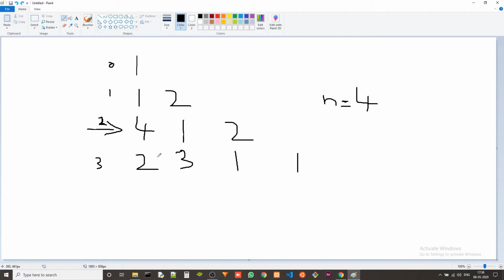Here we just simply find out what is the maximum. It is 3, right? So we add 3 to 4 and we make it 7.